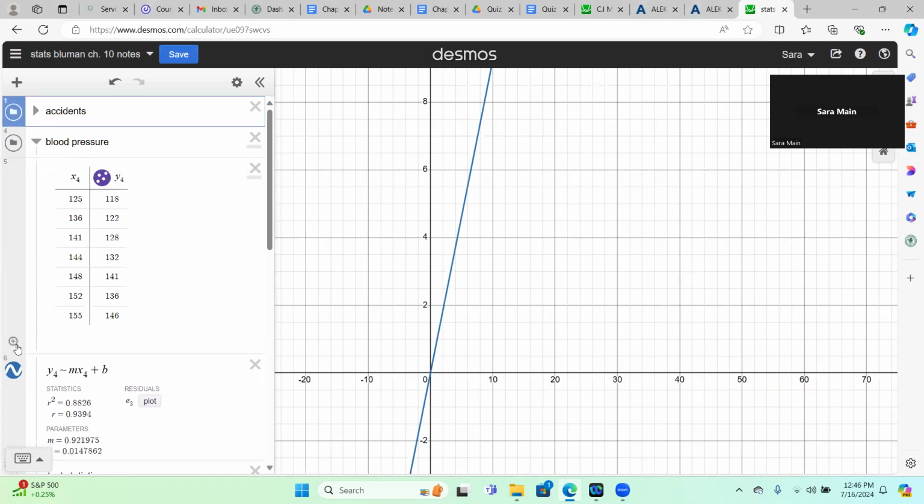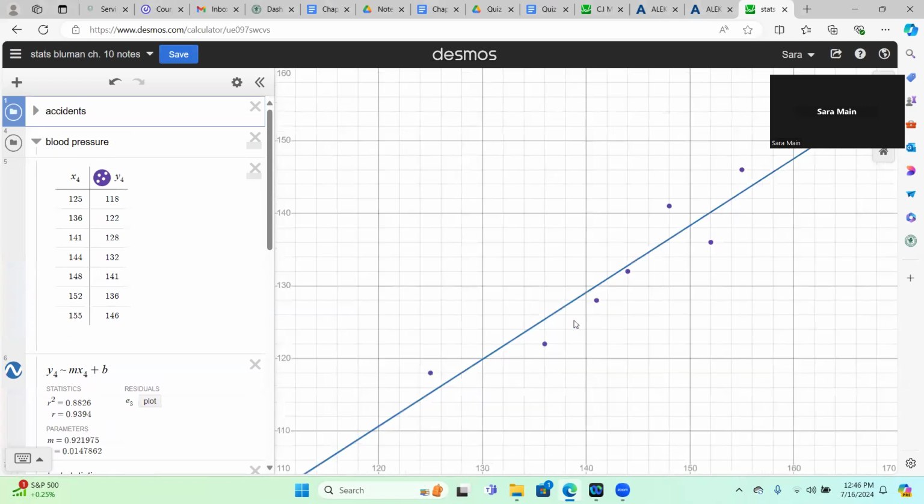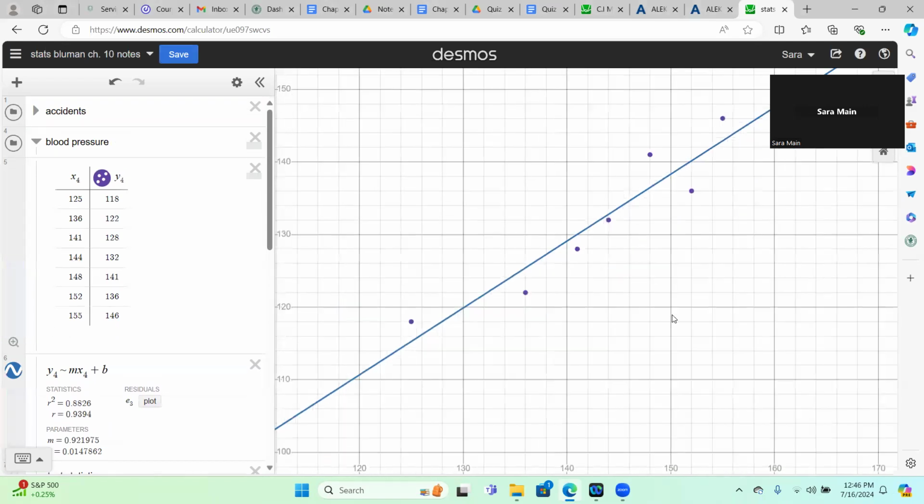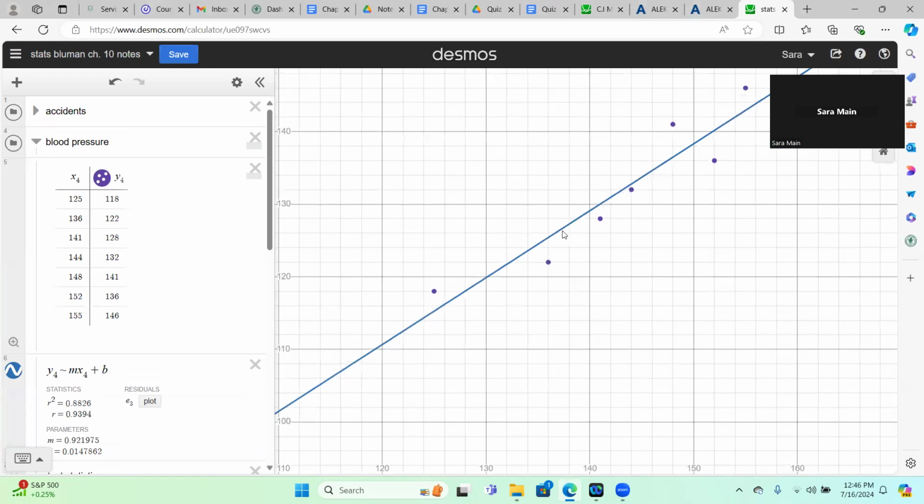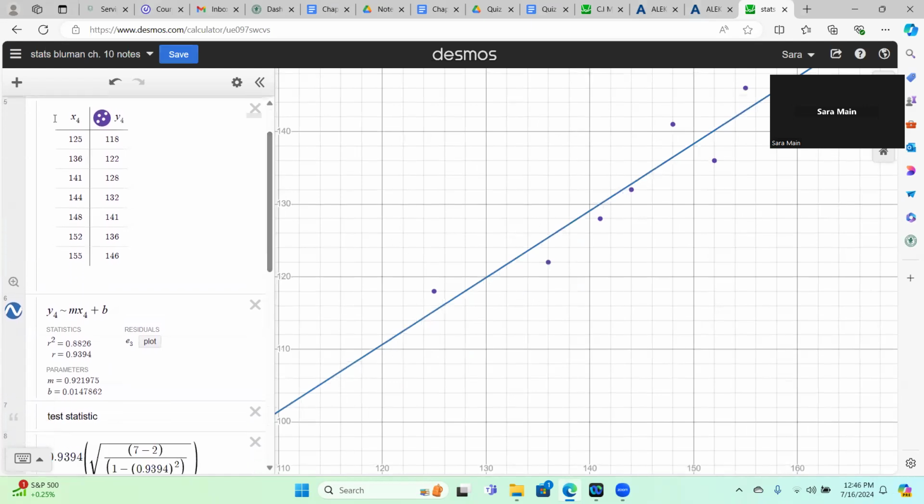And now I have to hit the magnifying glass to get my data to show up. And it rescales it, which is so nice. And you can see that there's definitely a positive relationship here. And my columns happen to be X4 and Y4. Yours may be something else. Just make sure you refer to them appropriately when you type in Y4 tilde mX4